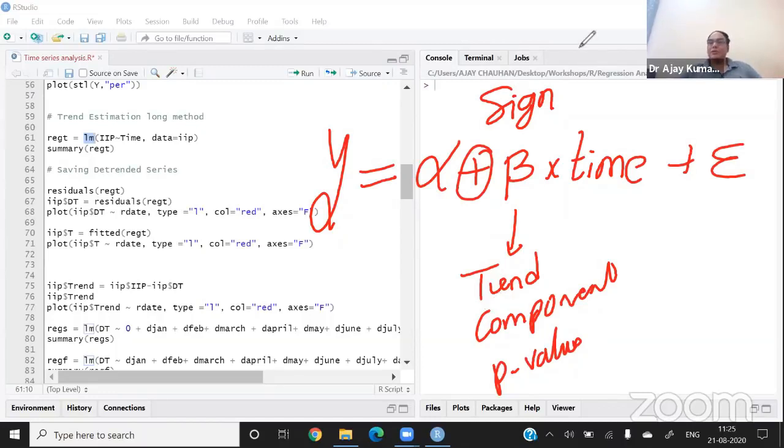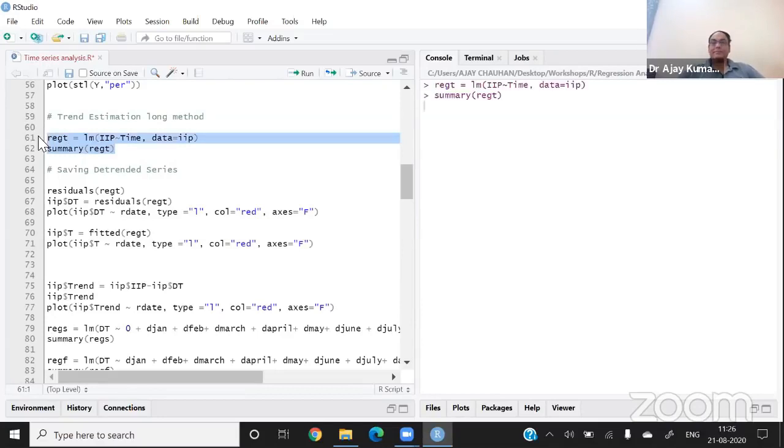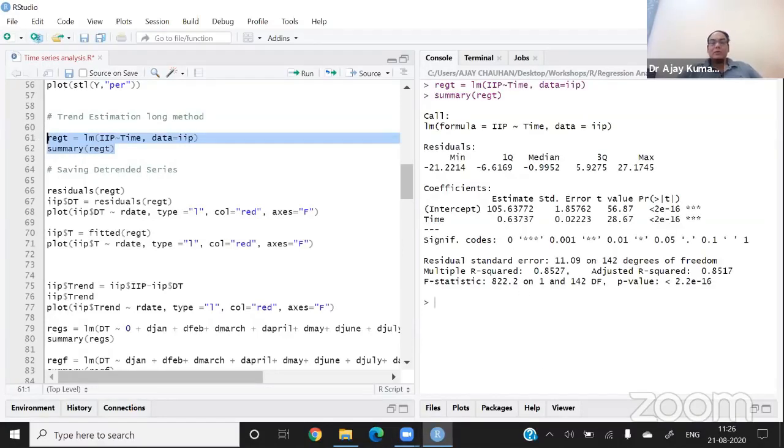I'm showing you the results of the trend analysis. Here I'm going to apply the linear regression. T represents the trend, LM stands for linear model, and IIP is the dependent variable. Okay, let's run it. Now how to analyze this?